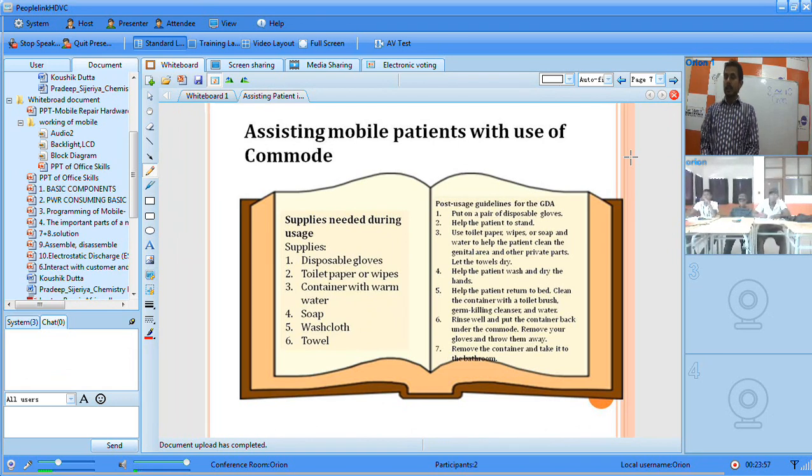And after use, there are some guidelines for the GDAs. Post-use guidelines for the GDA: put on a pair of disposable gloves, help the patients to stand, use toilet paper, wipes or soap and water to help the patients clean